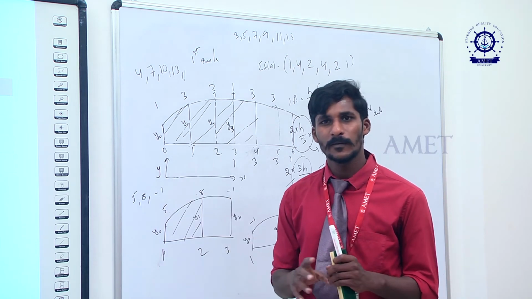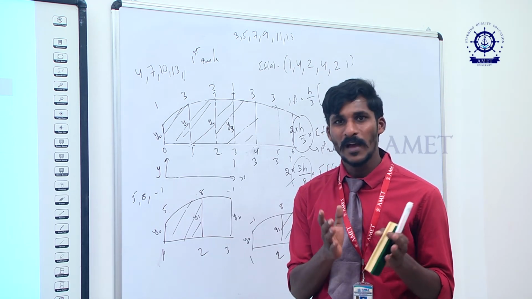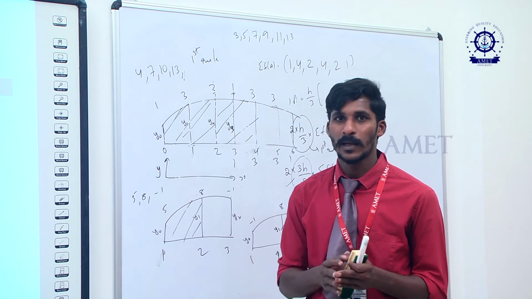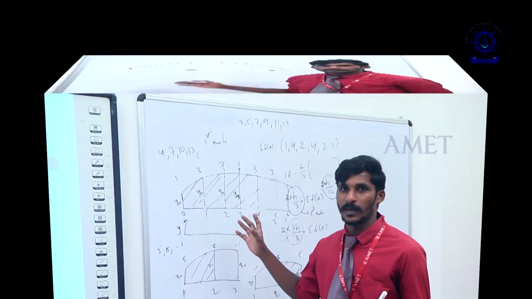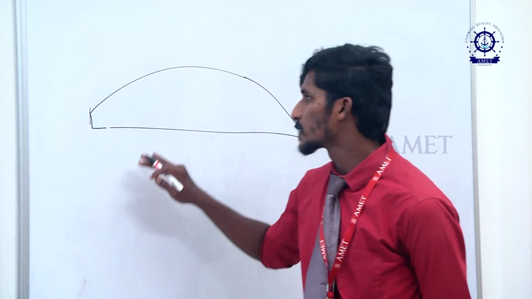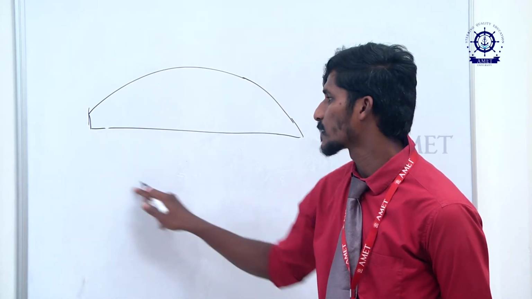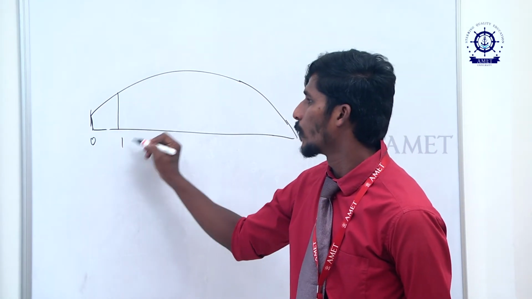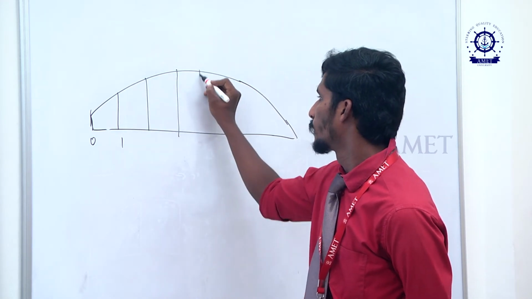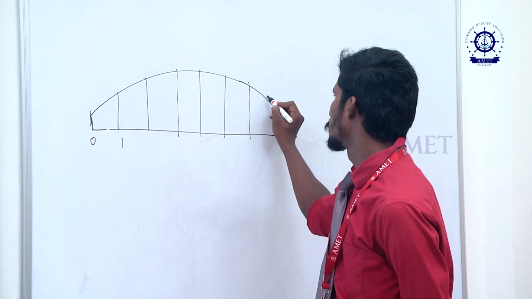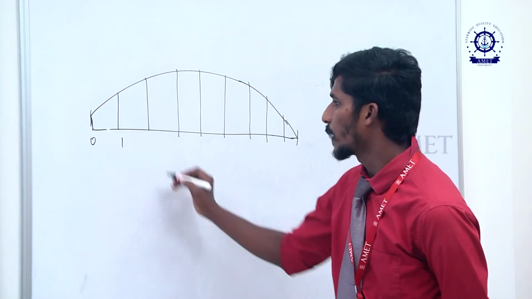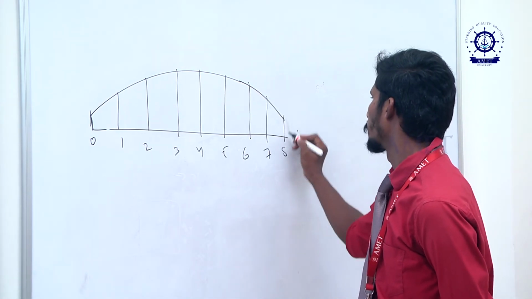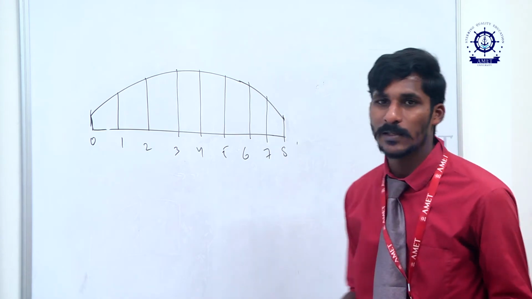Now whatever you have seen is for full ordinates. Now we will see how to apply Simpson's rule when you have half ordinates between full ordinates. So now we will go back to how to apply the rule for the half ordinates. If you consider this one water plane, we are only considering half of the water plane, not the other side, which is almost symmetrical. So when you take a number of stations, say for example 0, 1, 2, 3, 4, 5, 6, 7, 8, 9, we will only consider an odd number of stations.